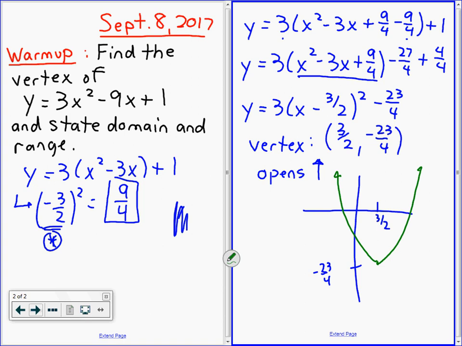Oh, good question. It's whatever this coefficient is. And you can actually get it right from the beginning, because it's positive. Positive opens up and negative opens down. Okay, all right, so Taryn, you're not done yet. What's the domain for this? What are the possible x values for a parabola that's getting wider and wider and wider forever? A real number. Okay, so my domain is going to be